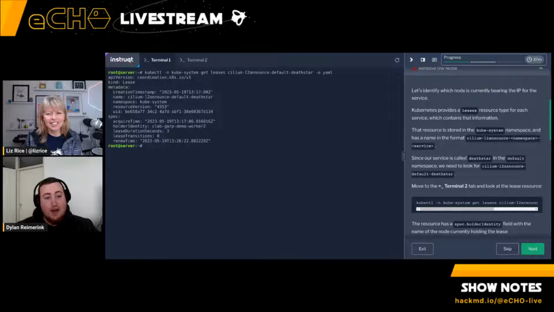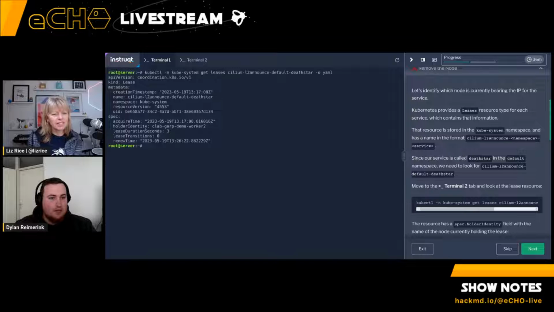Because the way ARP works is that you have this nice ARP table where it's just a one-to-one conversion from IP to MAC address. But it also means that only one node in a network should ever respond to these ARP requests. If you have two at the same time, you get very strange networking issues. So in the background, we actually have to pick one node. We pick it mostly at random. And in this case, it's worker 2, and we use the Kubernetes leases system